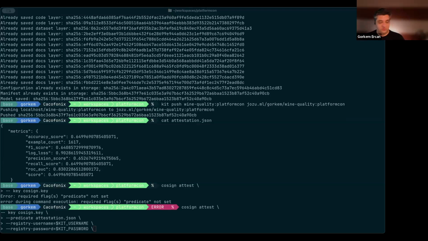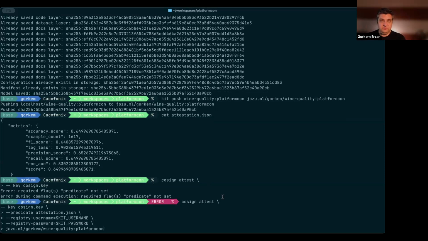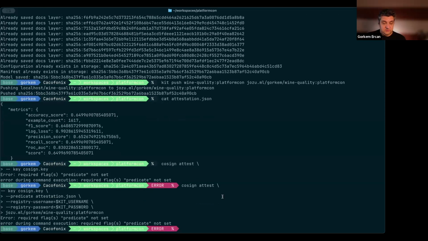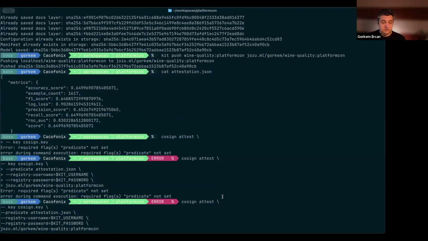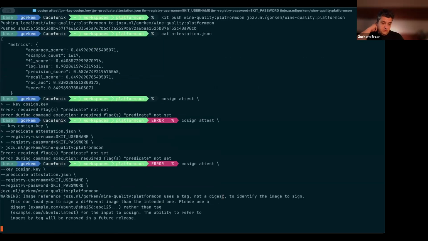On top of that, these are also signed with your private keys in this case, but as I mentioned earlier, you can also do this with keyless signing. Let's fix that.